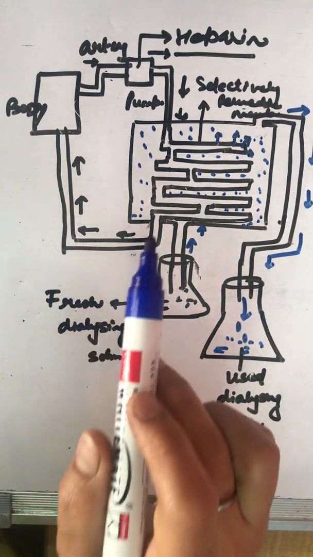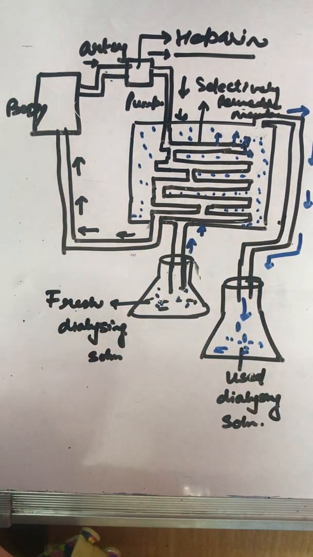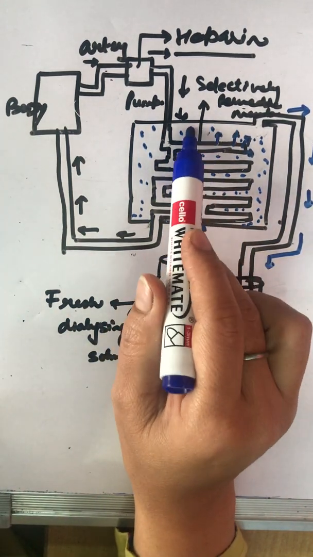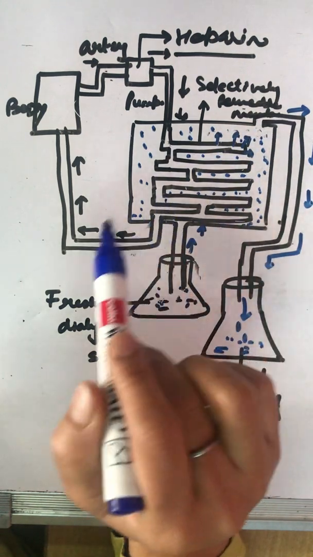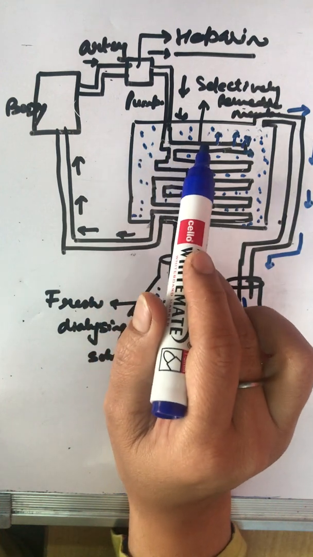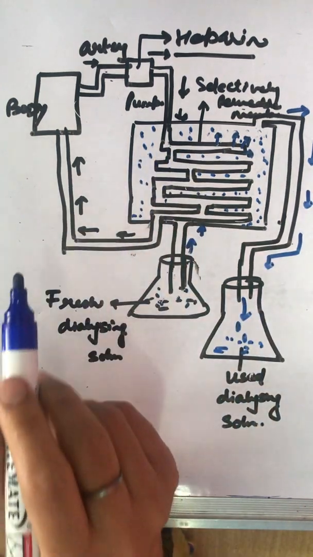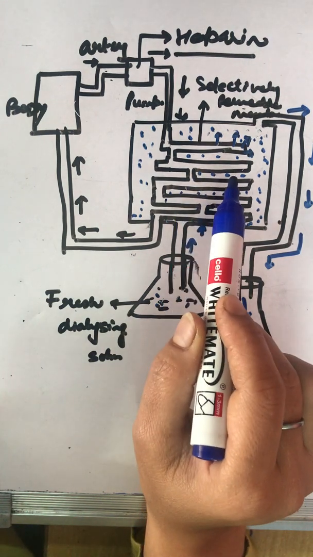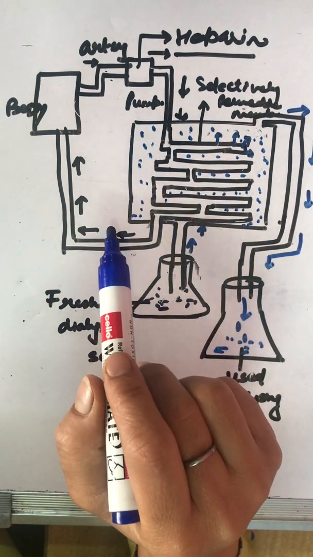Finally, the clean blood is pumped back to the body. So, the question may arise: if it is a selectively permeable membrane, it might be absorbing a little amount of this dialyzing fluid also. Generally, what happens? We always talk about permeability allowing the movement of ions from a region of high concentration to a region of low concentration.